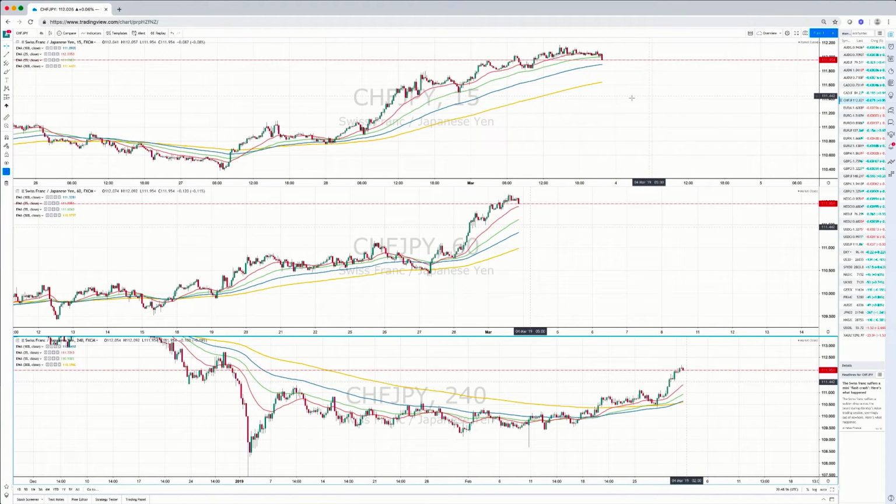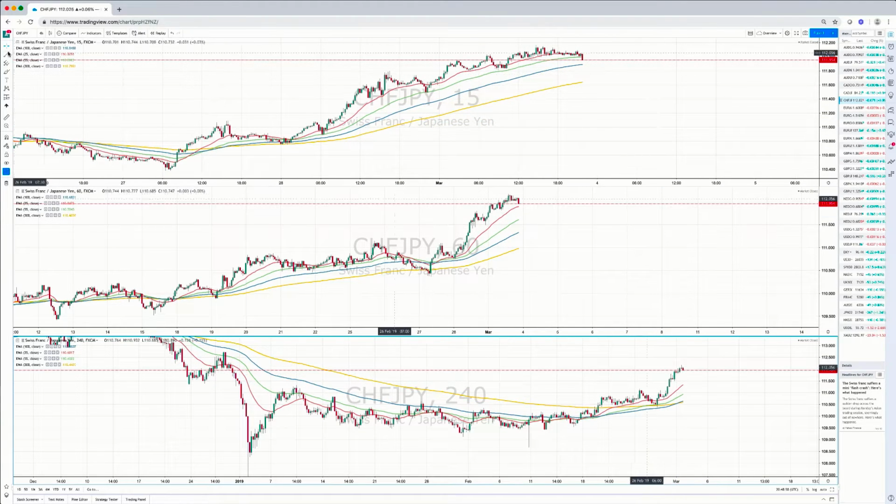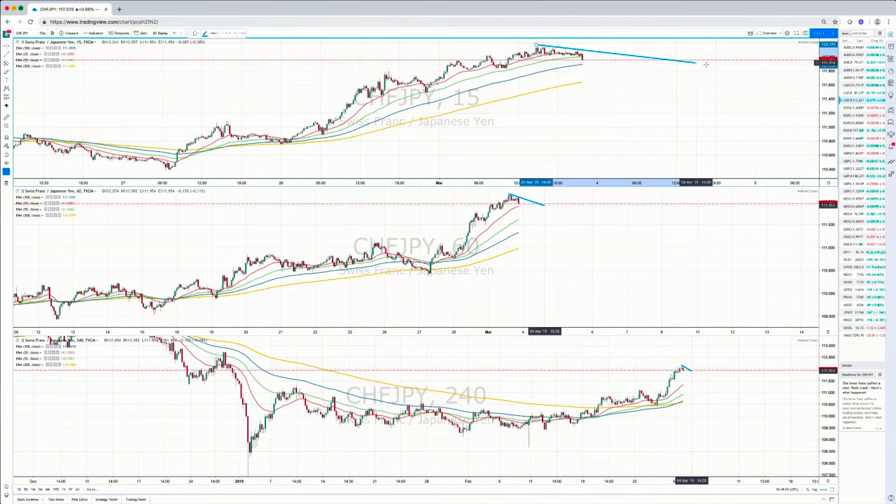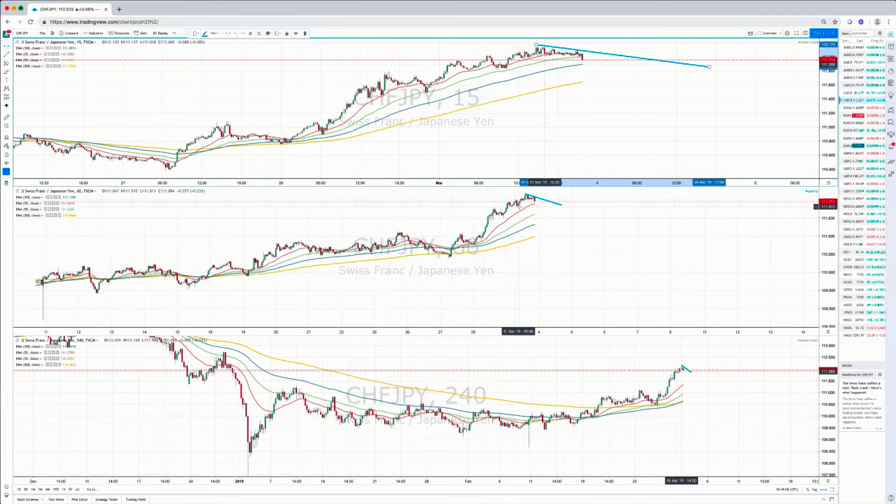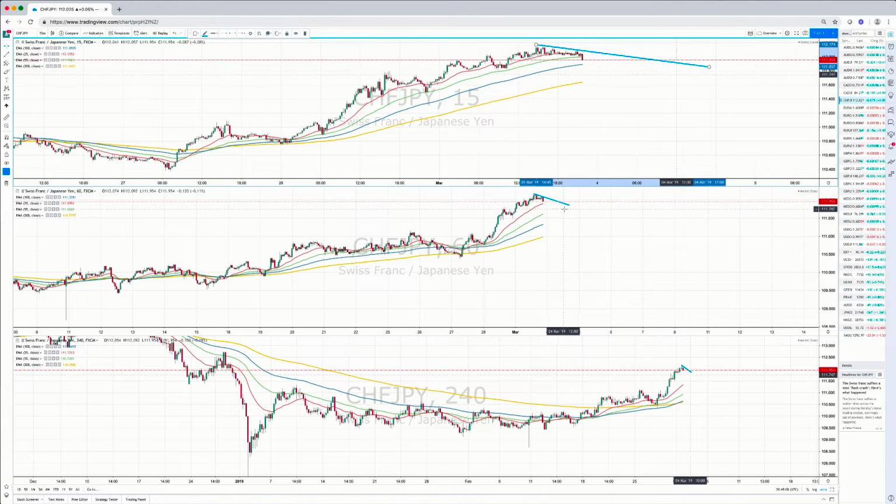Ordinarily, we might say, let's wait for the pullback on the 15-minute chart, which you could do now, but you need to accept that if you're taking the pullback now, it's with a little bit of added risk. Or we could wait for the 1-hour chart to pull back a little bit, and then look to get involved once the 1-hour chart has had its pullback. And that, for me, represents the better opportunity here. So I'm going to wait for the 1-hour chart to pull back somewhat, to have a bit of consolidation,